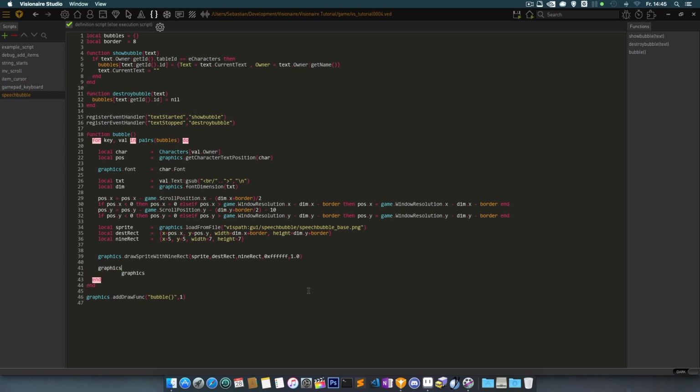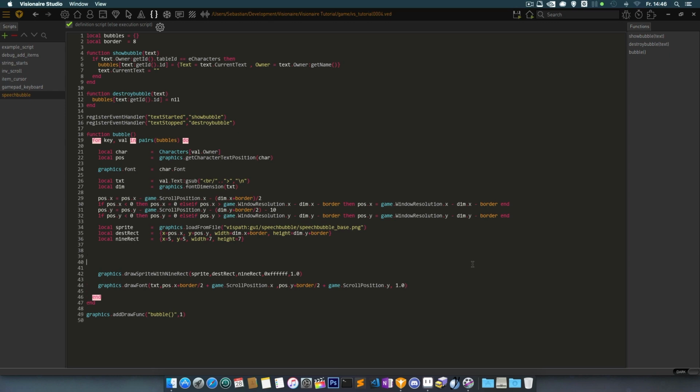The next thing is to draw the text itself. So we also have a function for that. It's called draw font, and it takes the actual text we want to render out. And as a second parameter, it will use the positions we have there. So we can use the X position plus the border divided by 2. And we also need to add the scroll position for the X value. And the third parameter is the same as for the X, but only for the Y position. So we copy and paste it here and change the X to the Y. And as a last parameter, we can add some kind of opacity or transparency, which in my case is